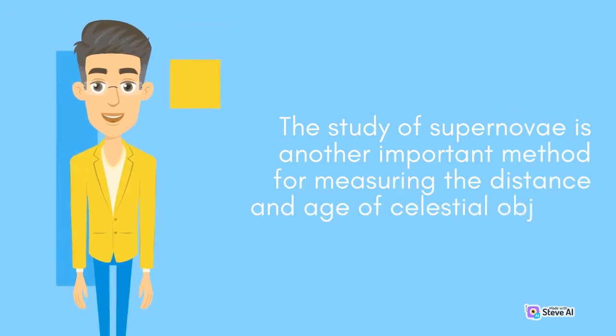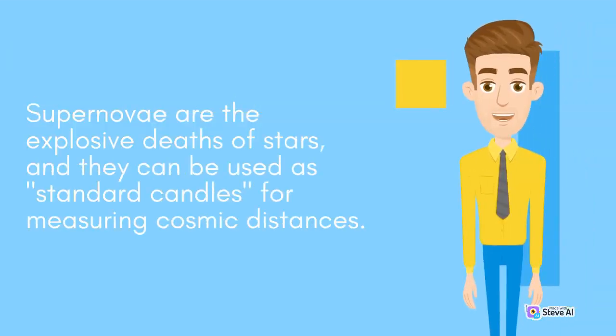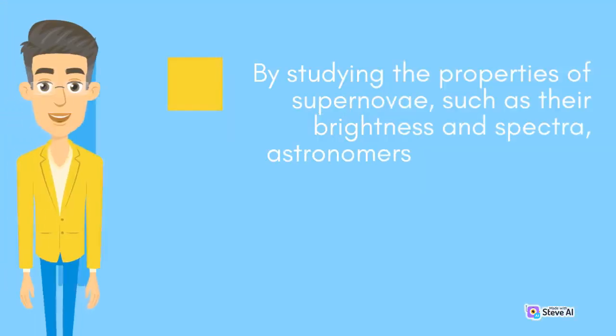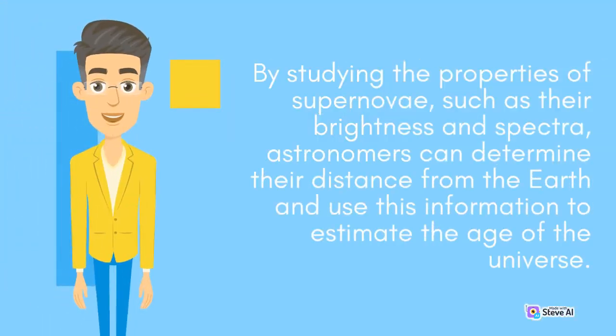The study of supernovae is another important method for measuring the distance and age of celestial objects. Supernovae are the explosive deaths of stars, and they can be used as standard candles for measuring cosmic distances. By studying the properties of supernovae, such as their brightness and spectra, astronomers can determine